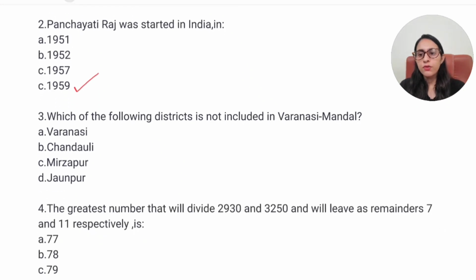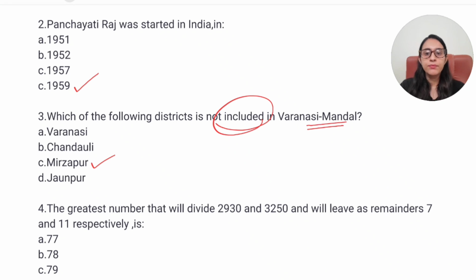Coming to the next question: which of the following districts is not included in the Varanasi Mandal? So the answer is Mirzapur. It is not included in the Varanasi Mandal system, as Varanasi, Chandauli and Jaunpur are the part of the